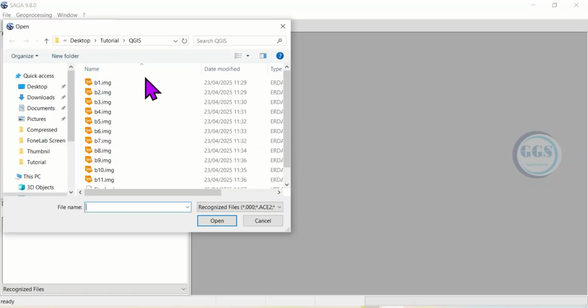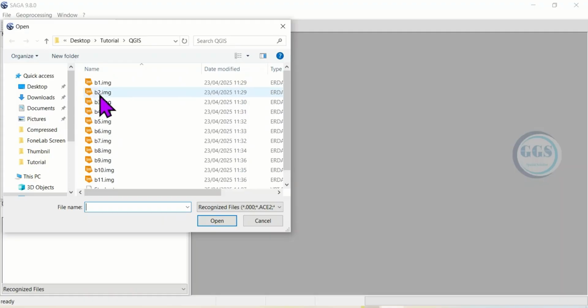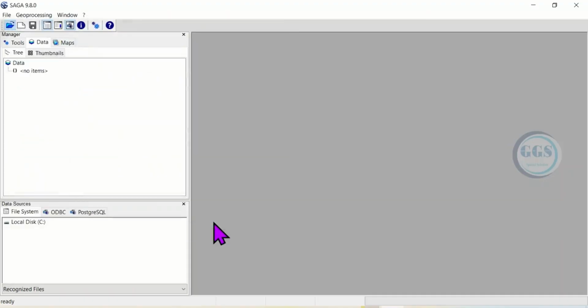This will take you to where you have your data, and in this case I've renamed my Landsat bands as band 1, band 2 up to band 11. However, in this exercise I'm only using band 2, band 4 and band 5. So I'll click on Open. In a few seconds it will be loaded to SAGA GIS Manager. Once it is loaded, I can just double click any of the bands just like this to load it